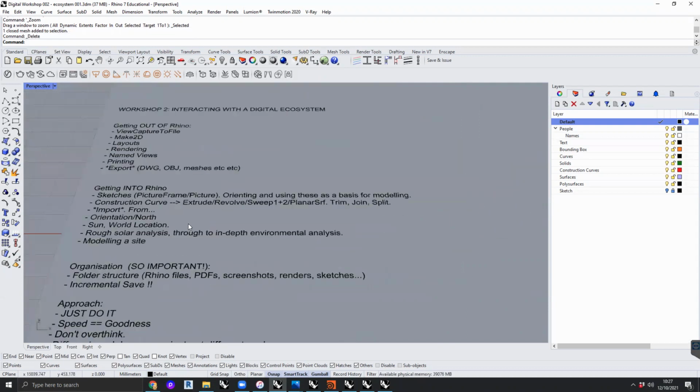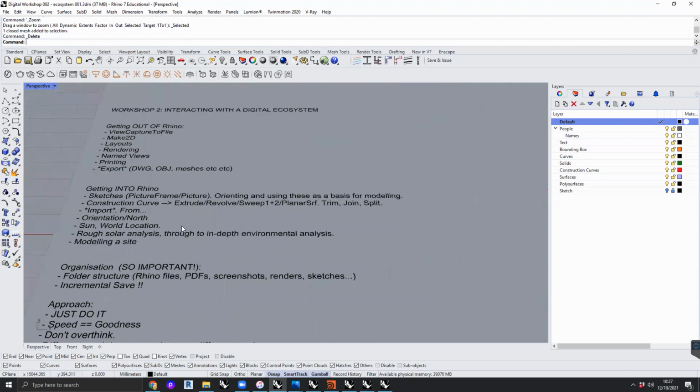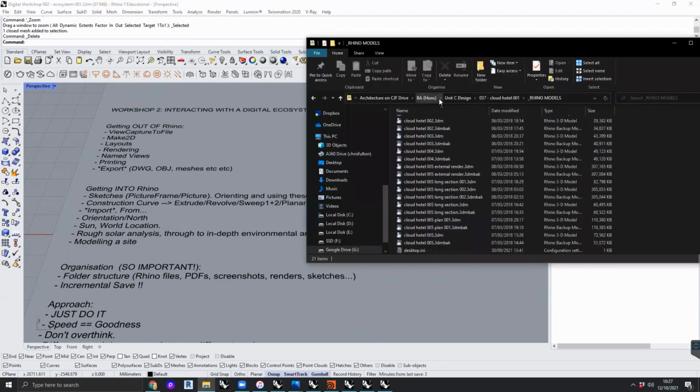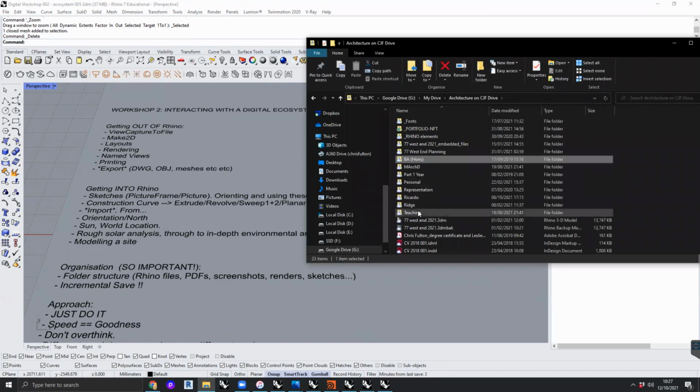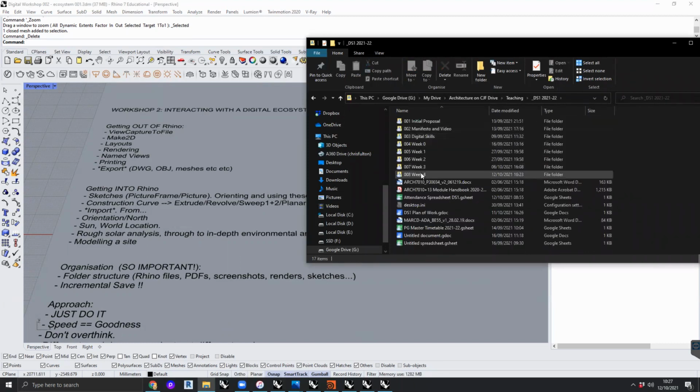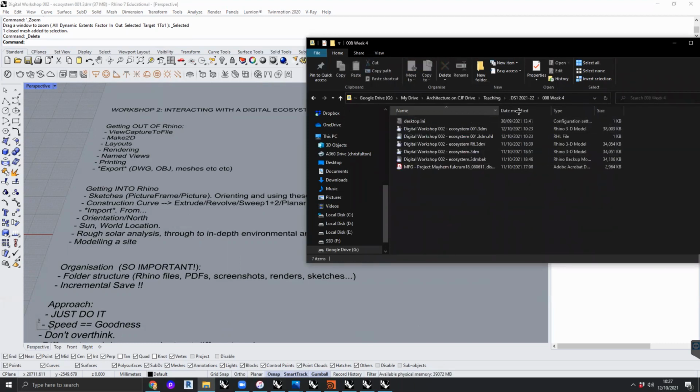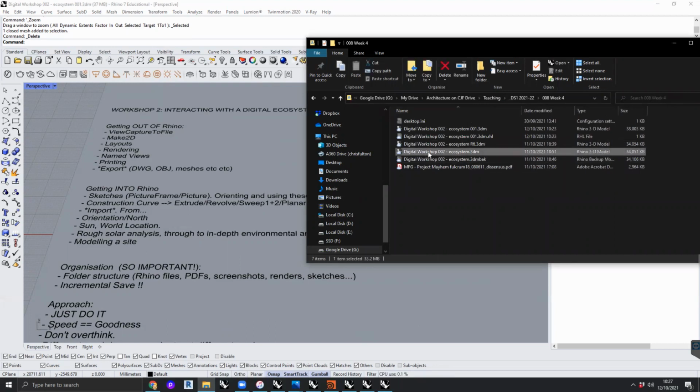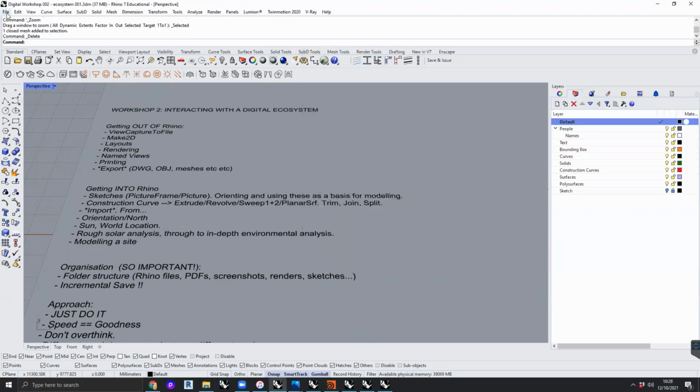When you do incremental save, does it save 3 files like 001, 002, 003, like Revit? And then it keeps the data. Yeah. So let's have a look here. I was using the file Digital Workshop 002 ecosystem, and that's 35 megabytes. I did incremental save, and now it's made a 001, and that's 38. And if I did another incremental save,